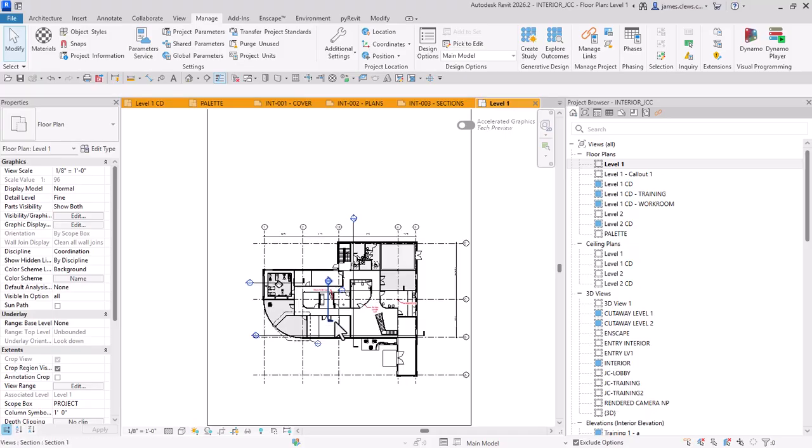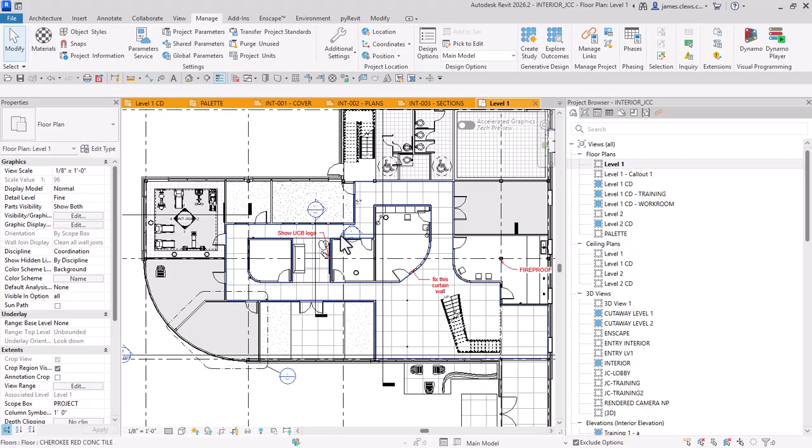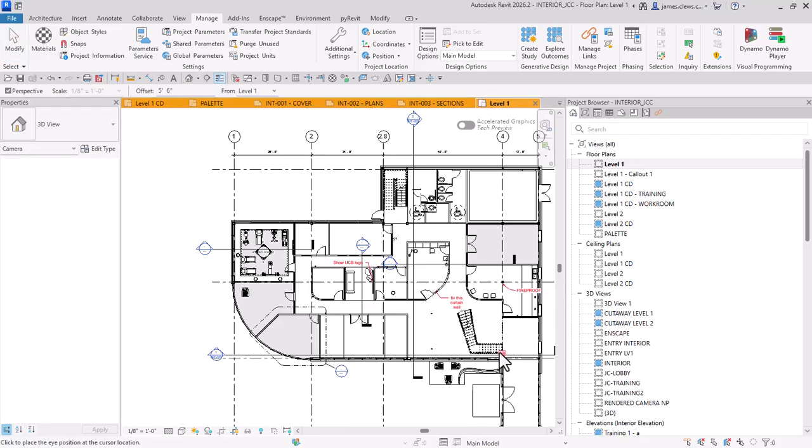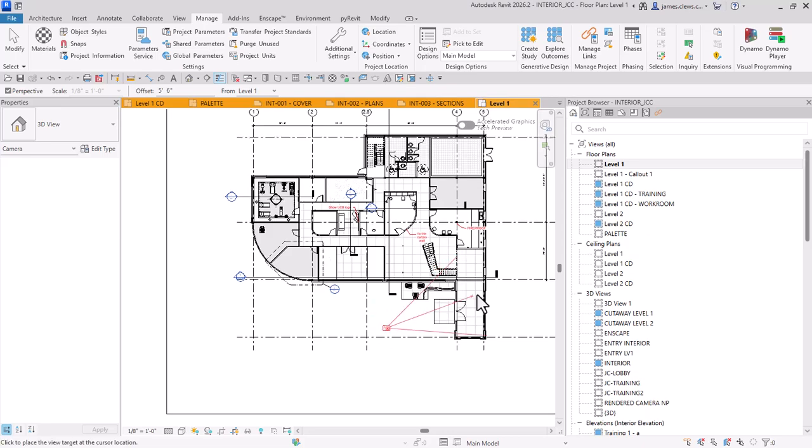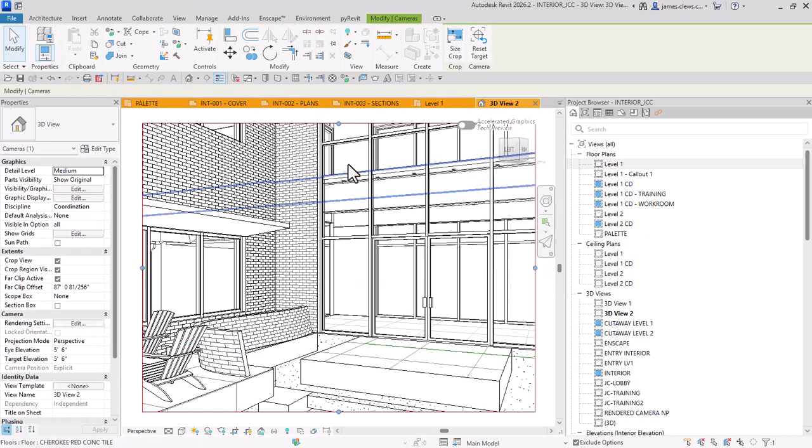I'm going to make a camera view just to give me a starting point that's a 3D view. Let's say I was standing here looking at my model. I can go to this. So I've got Enscape, and I know a lot of people that use it. When I say start,